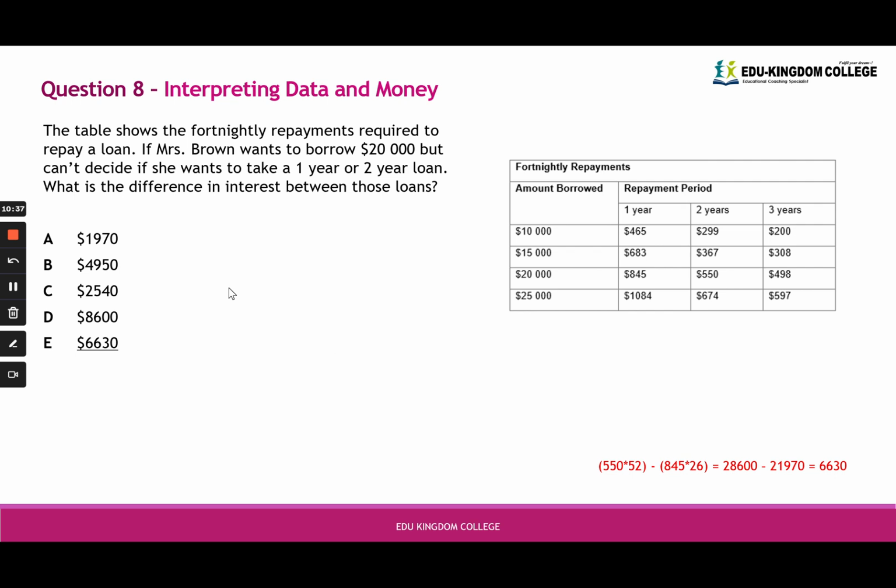So, question 8, interpreting data and money, right? The table shows the fortnightly repayment required to repay a loan. If Mrs. Brown wants to borrow $20,000, but can't decide if she wants to take a 1 year or a 2 year loan, what is the difference in interest between those loans? Okay, so let's see here. That's the amount of fortnightly repayment, and that's the amount borrowed, right? So, we look at this